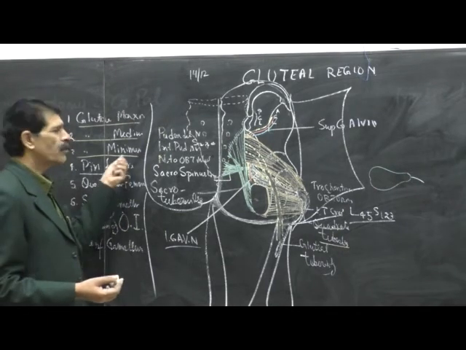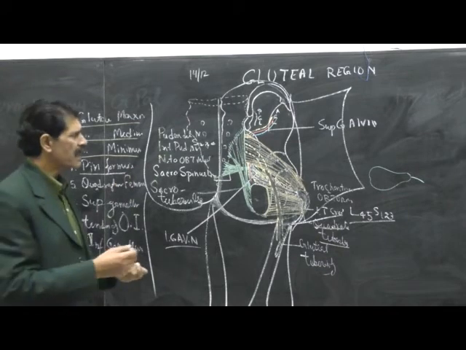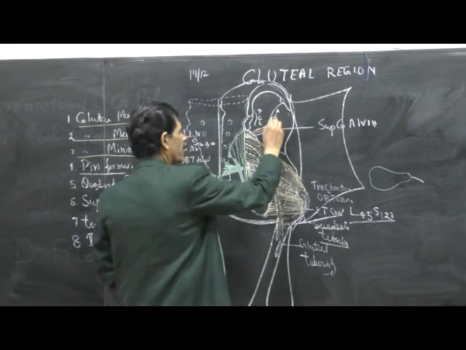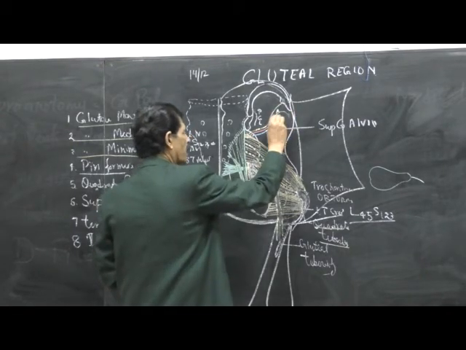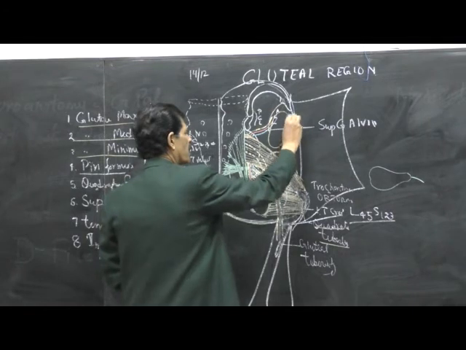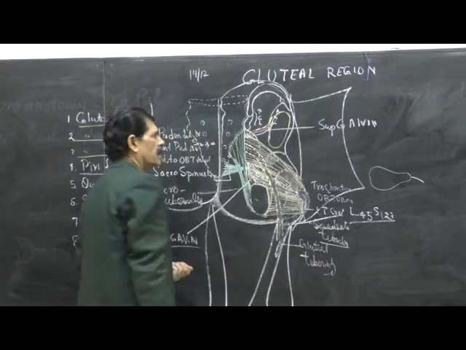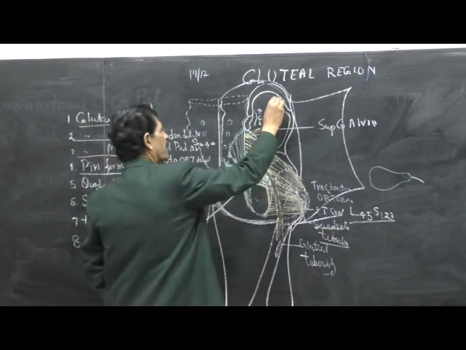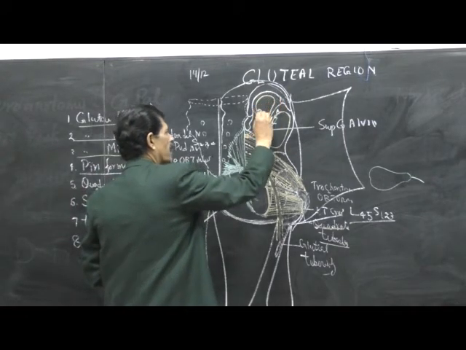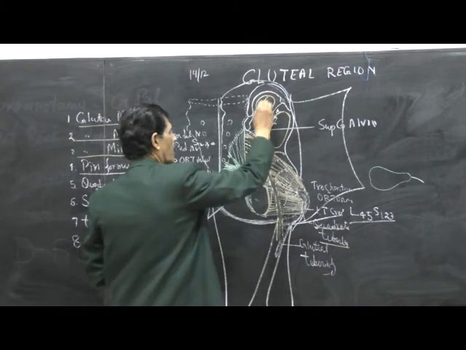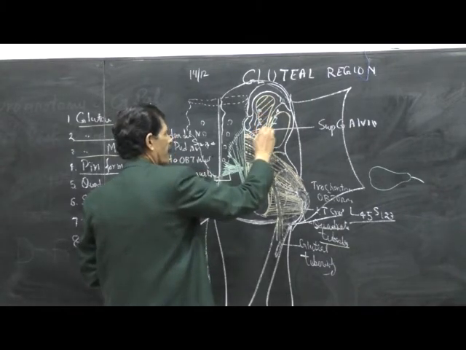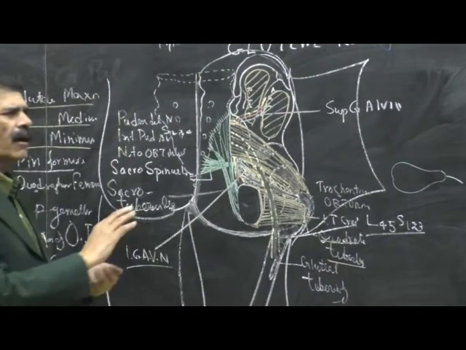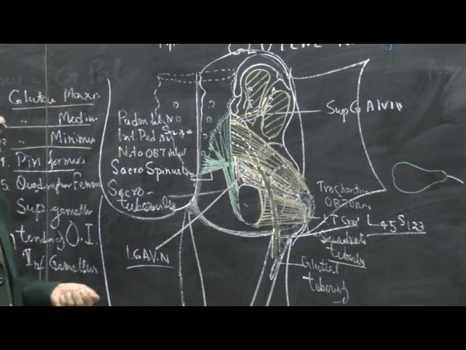Now first we will take the gluteus minimus. As the name suggests, this muscle takes origin between the anterior and the inferior gluteal line. So this area is for the origin of the gluteus minimus muscle. And the gluteus medius muscle takes origin from the area between the anterior and the posterior gluteal line. So this area gives the origin of gluteus medius, and this is the gluteus minimus muscle. Both muscles are almost parallel, and their insertion is also very parallel.